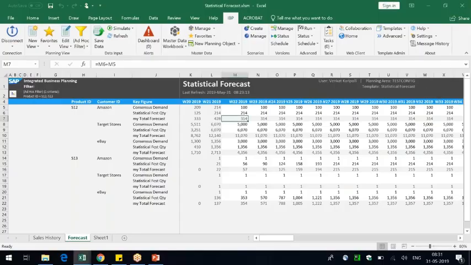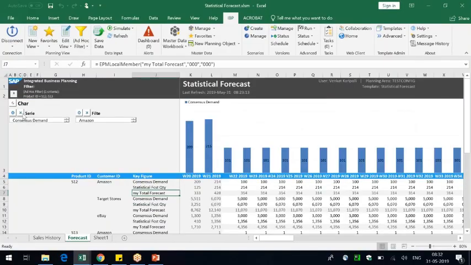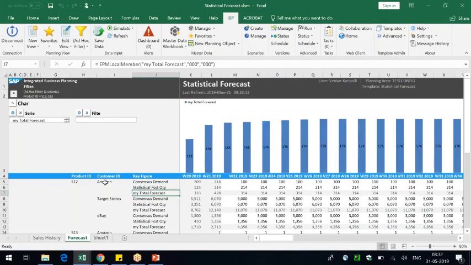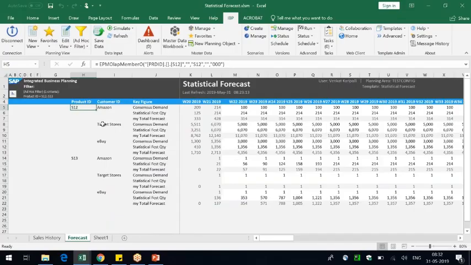So this is the local member key figure, and then let the planner do some analysis on top of it. Maybe pick this S12 product. This is how local members come in handy if there are any ad hoc calculations. Now I just need to save this template. Otherwise, if I reopen it, this key figure would be gone.